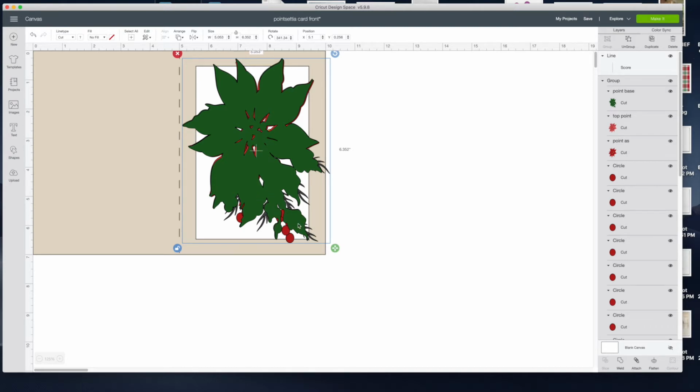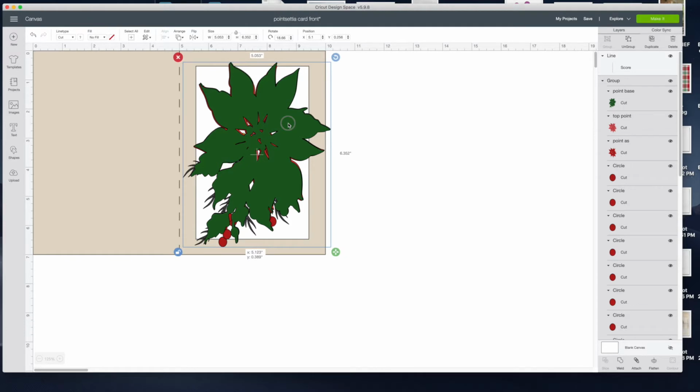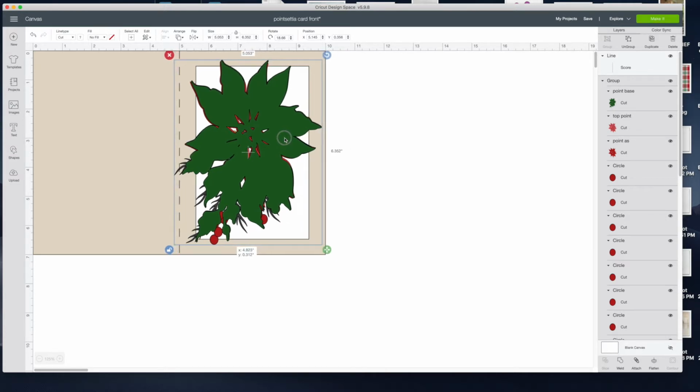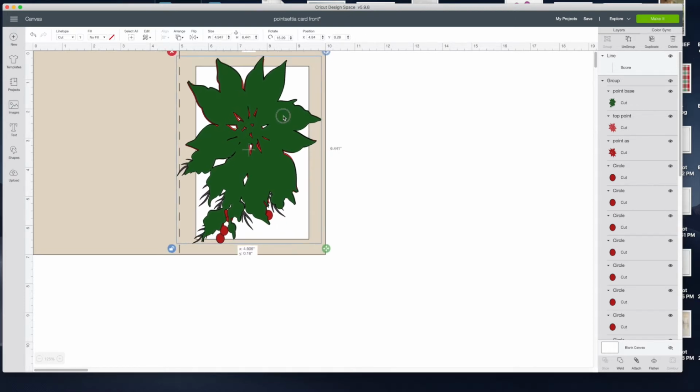And now I'm going to think, do I want my berries going that way, or do I want to flip the image and have my berries going that way? I kind of like that. Okay, so this white part of the card is going to be see-through. Let's see, we can move it this way a little bit